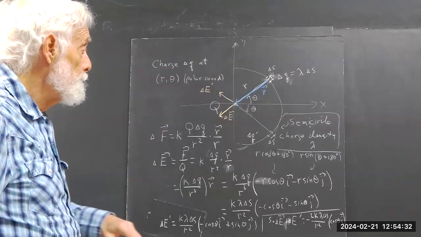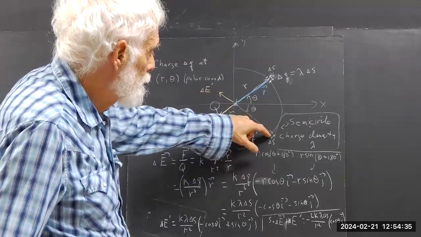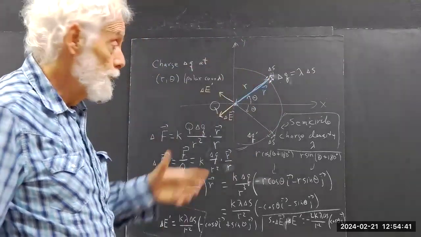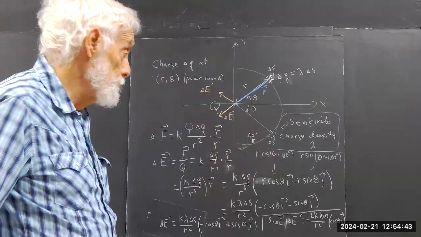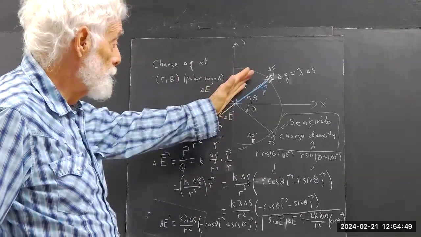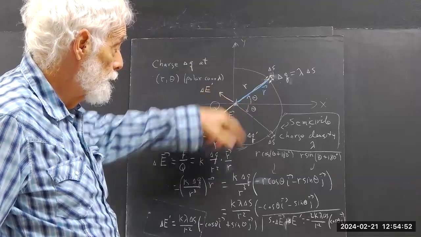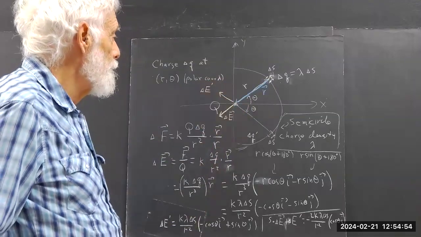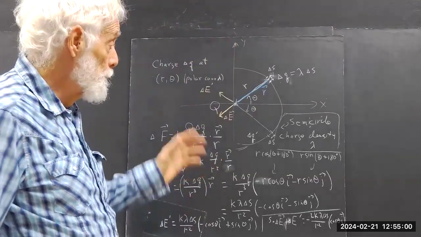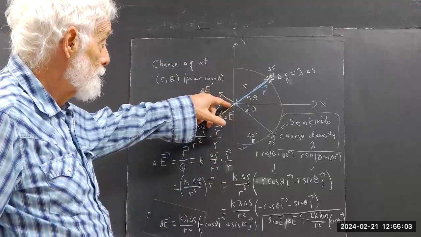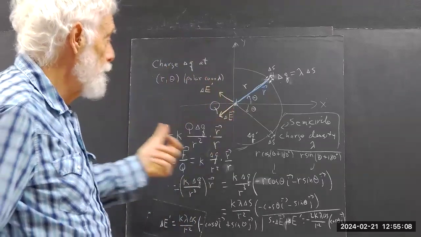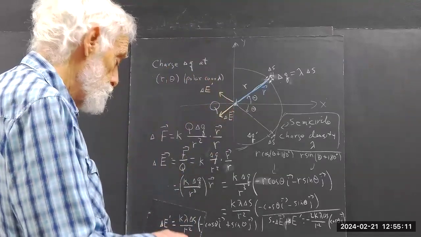Pretty obvious that this is a semicircle. These increments are at equal distance from the origin. So the magnitude of the electric field due to that increment is going to be the same here as it is here. The symmetry that I've imposed here by putting theta here and another theta here tells us that the y components are equal and opposite. So when we add the two electric fields at this point at the origin, we're going to get zero y component. We're going to get a double x component. So what we have is